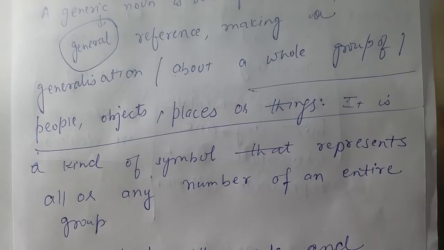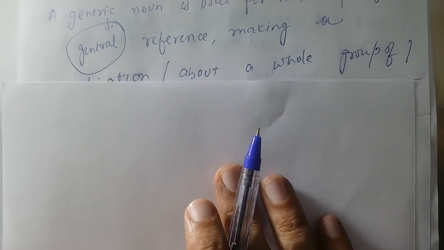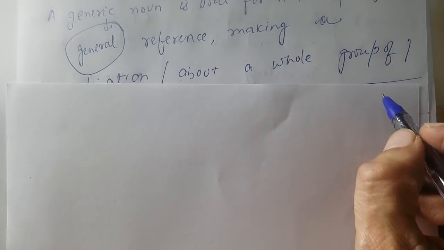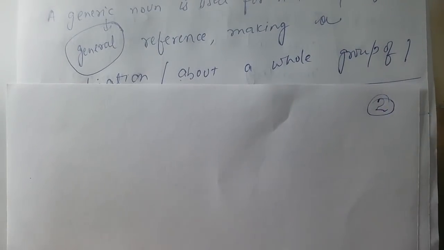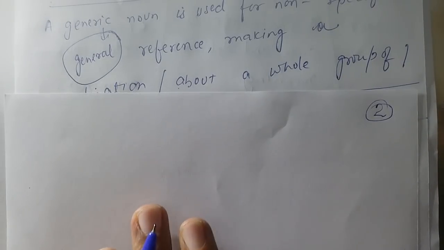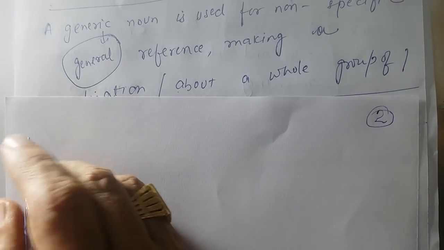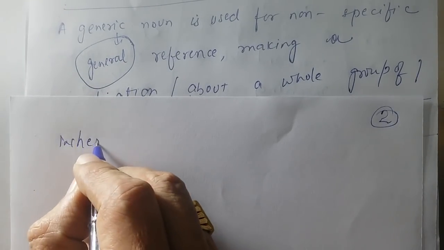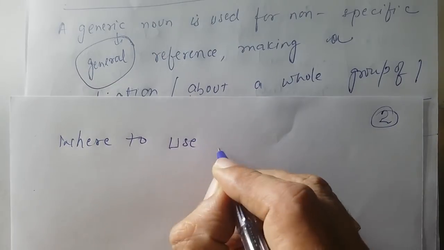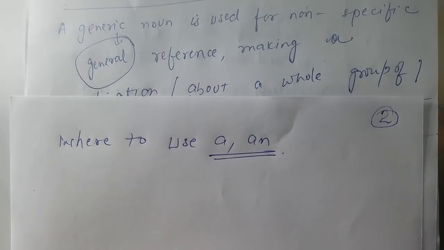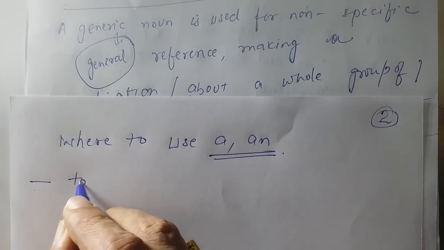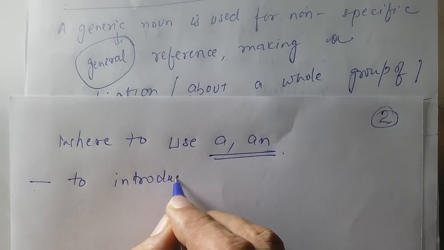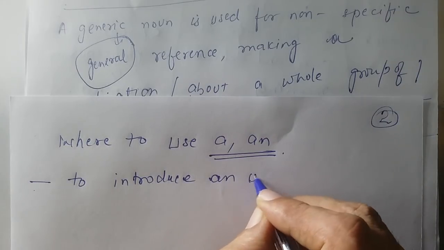Now next is page number 2, because these issues are a must to understand to get the band. Remember this one, okay? Where to use a and an? They are also known as indefinite articles. I already told this thing: to introduce an unknown person,